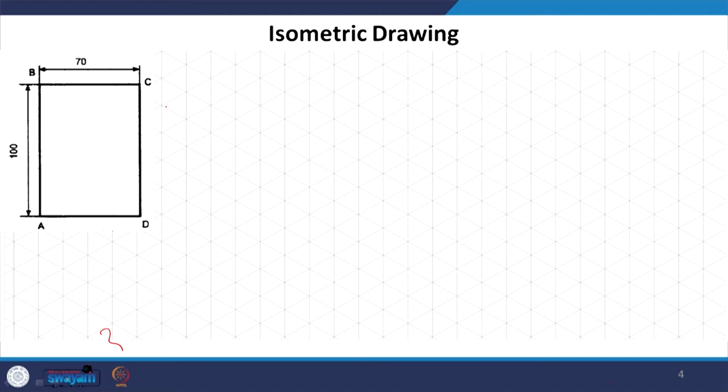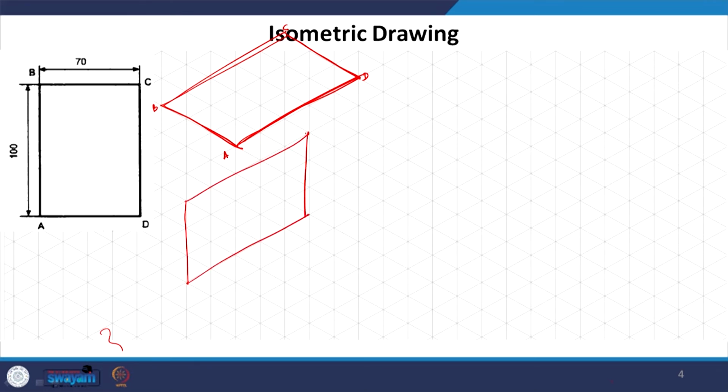Suppose it is kept simply like this, which is parallel to HP. This is what the rectangle would be: A, B, C and D. Its lines being isometric lines parallel to the isometric grid, we get it simple, parallel to a horizontal plane. The other condition is when it is perpendicular. So, what we can possibly have is this,